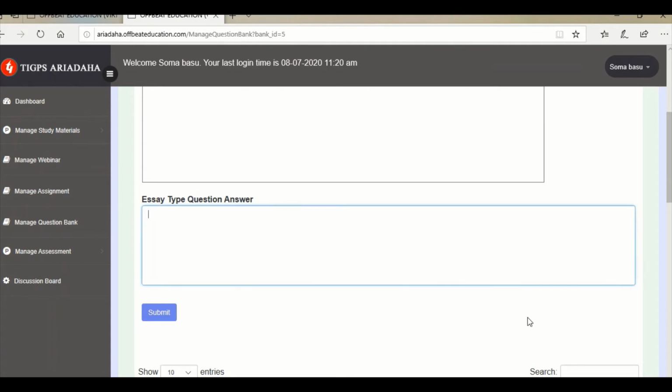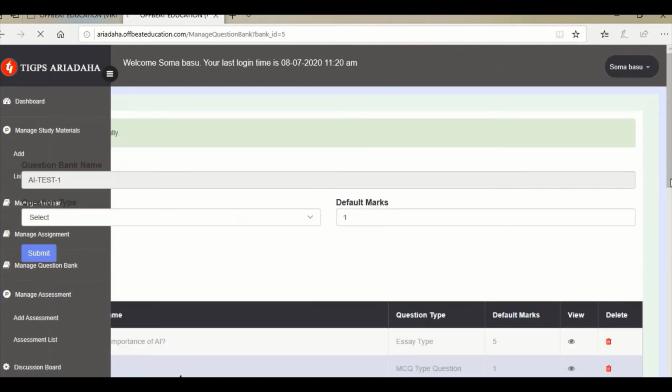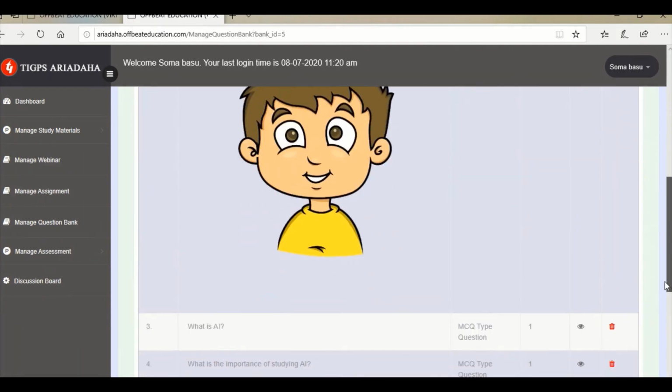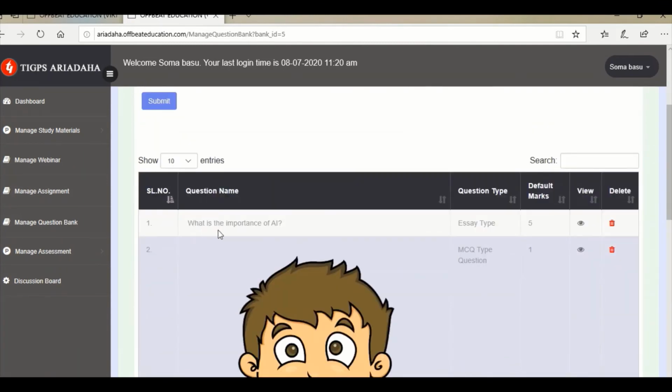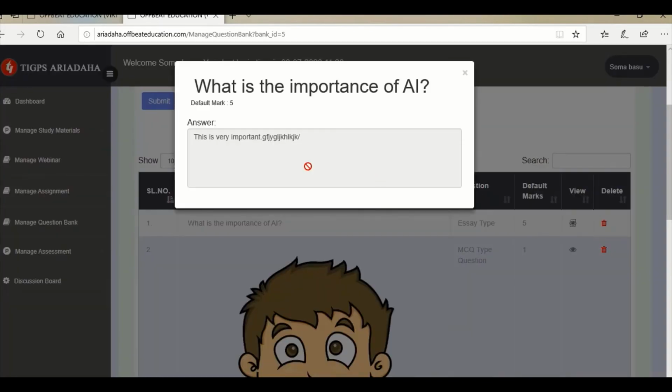You can write here the answer key. And many things you have written. Okay, then I am submitting. Let's check. Yes, what is the importance of AI? And this is my answer.